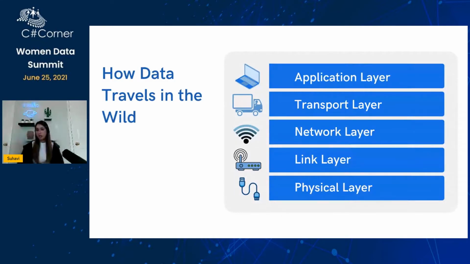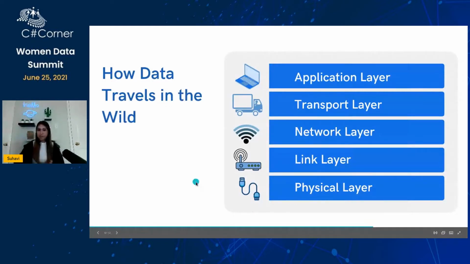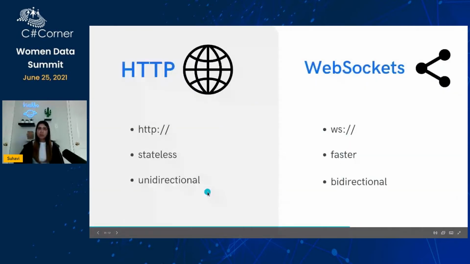The thing with WebSockets is that when you establish a connection to the transport layer, it stays open for you to get or send data, which makes it bidirectional. So now that we have an idea of how WebSockets work at a high level, I'm going to show you how I used Firebase in order to build this collaboration app.